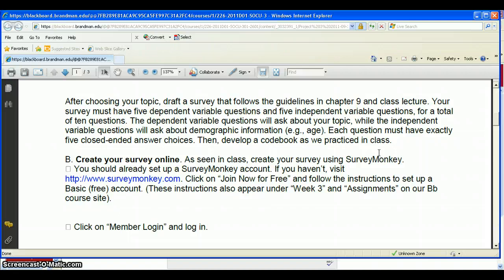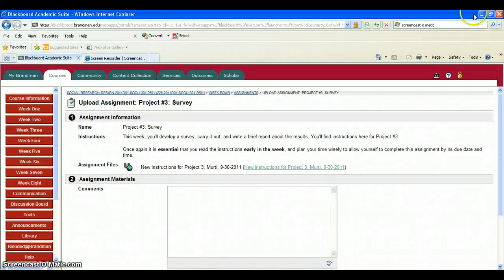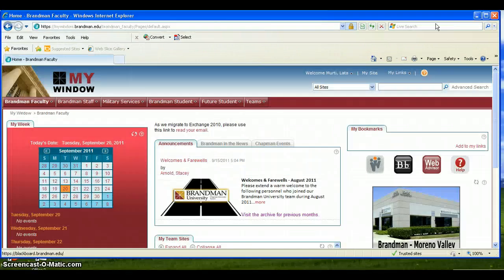We know this well from Project 1, so age, gender, region of birth, region where you live, language spoken, right? Those are all independent variable questions. Each question must have exactly 5 closed-ended answer choices. What does that mean? Let's go to our slides for